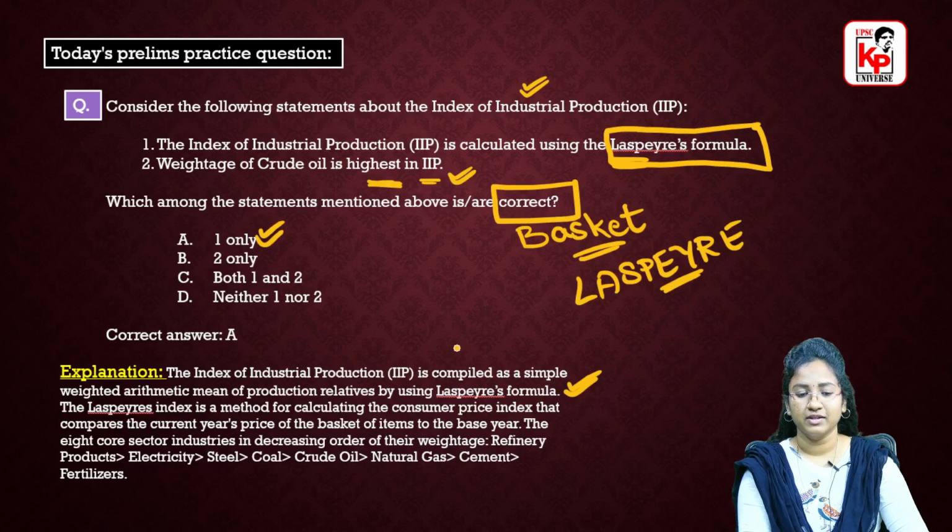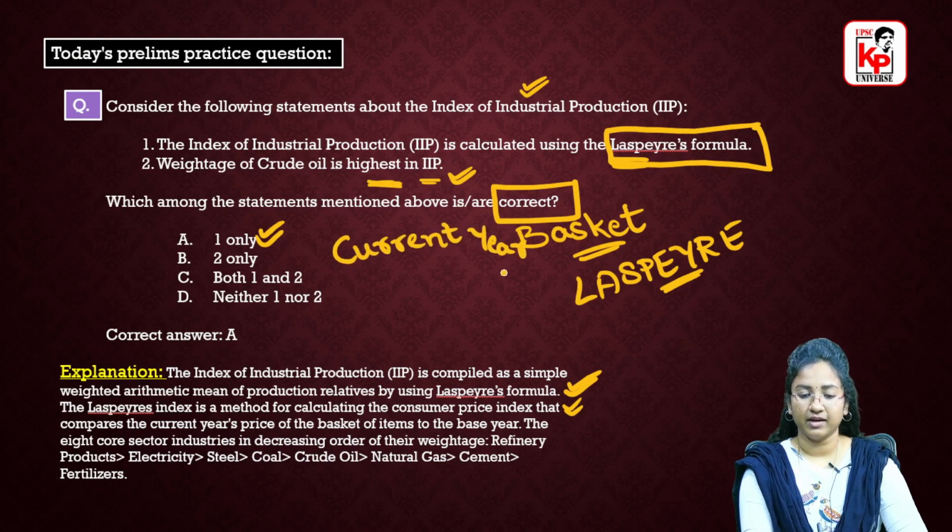So what is this formula? It is a method for calculating the consumer price index that compares the current year's price of the basket of items to the base year. So here we have two important things. One is the current year and the other one is the base year,